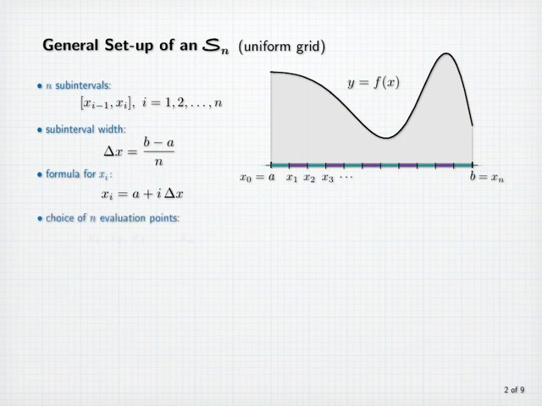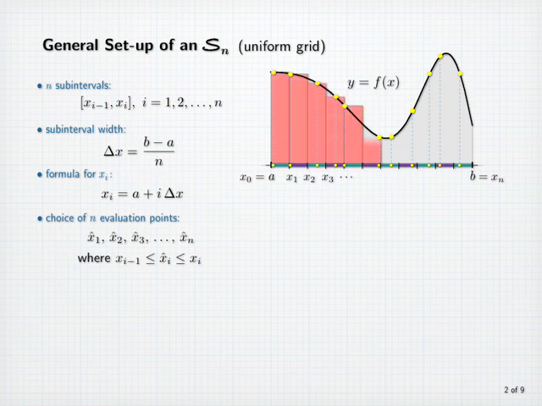Now we make a choice of n evaluation points: x hat 1, x hat 2, and so forth up to x hat n, where x hat sub i is in the ith subinterval. In other words, x hat sub i is between x sub i minus 1 and x sub i. These are the yellow dots that you see along the x-axis in the picture. We evaluate the function at each of those numbers to obtain heights for our rectangles. So we now have n rectangles, which we can label 1 through n, and we'd like to write down the